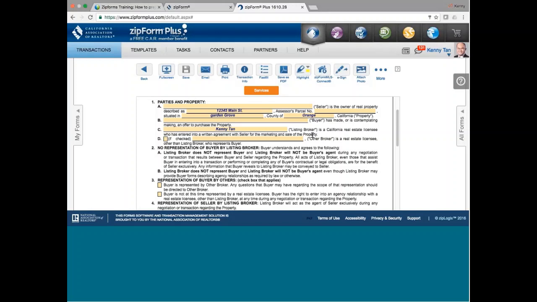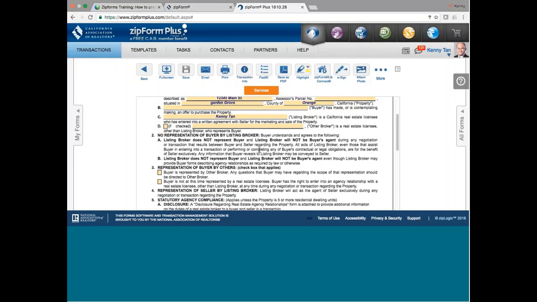Another nice thing about not representing a buyer is that you don't have to worry about disclosing the bottom line, because you're not a dual agent. But of course, you're not going to tell the buyer your seller's bottom line. That would be very stupid to do anyway. The buyer has been made aware that whatever information the buyer tells the listing broker, the broker is not obligated to keep it confidential, because any information the buyer reveals to a listing broker may be conveyed to the seller. And it also says listing broker does not represent